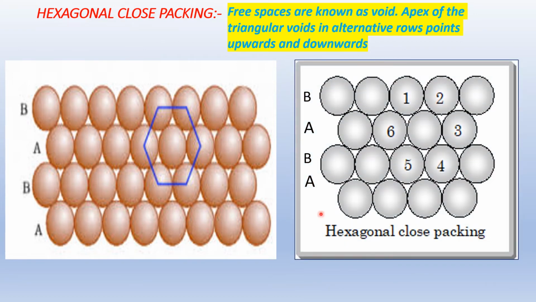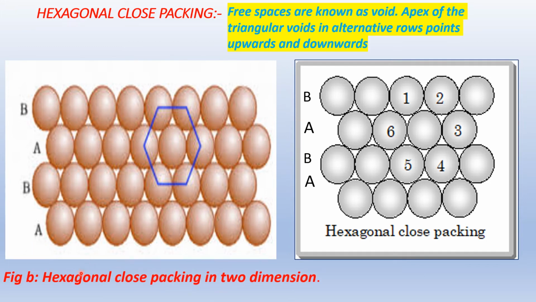Here, in this second diagram, you have to simply observe that this is hexagonal close packing. These have coordination number 6, that is 1, 2, 3, 4, 5 and 6, and this is the same as A, B, AB type layers being present. It has hexagonal close packing in two dimensions. In this second one, observe that the total coordination number is equal to 6.